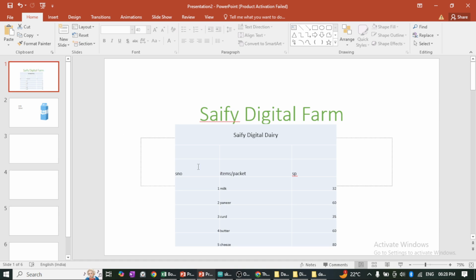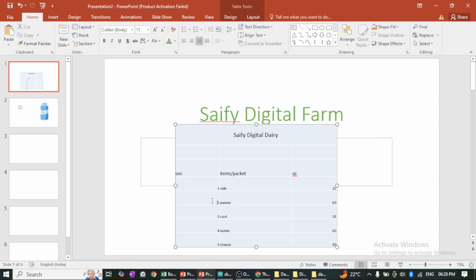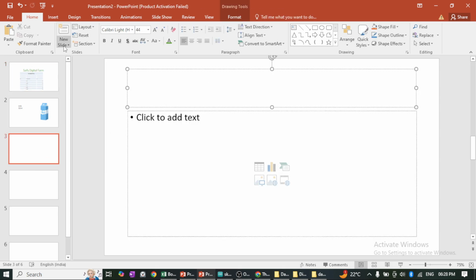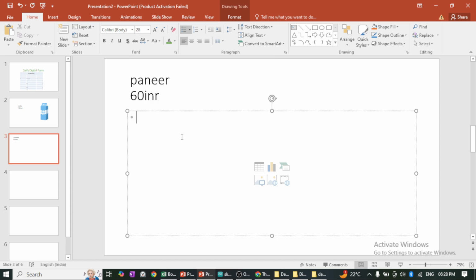Similarly, you can have the second product, which is paneer. You will go to the second row, select the row, and copy it from here. Then you click on the third slide and paste it. Paste, and here we write 60 INR, which is 60 Indian rupees. Then you can just change the 1 to 2, and here you can insert the image of the paneer. You can again go to the Insert tab,